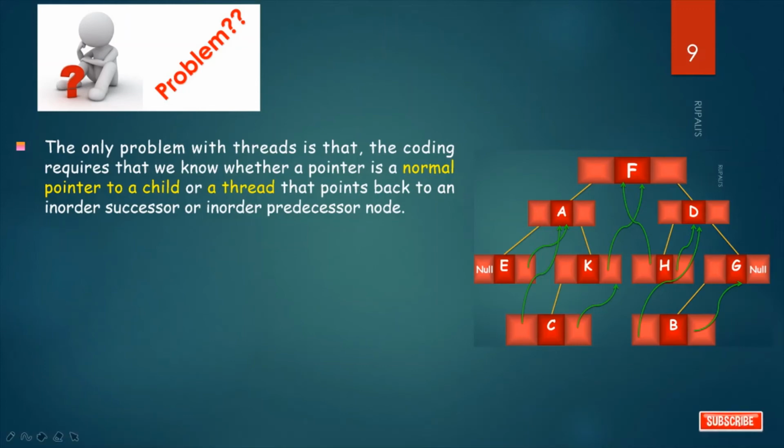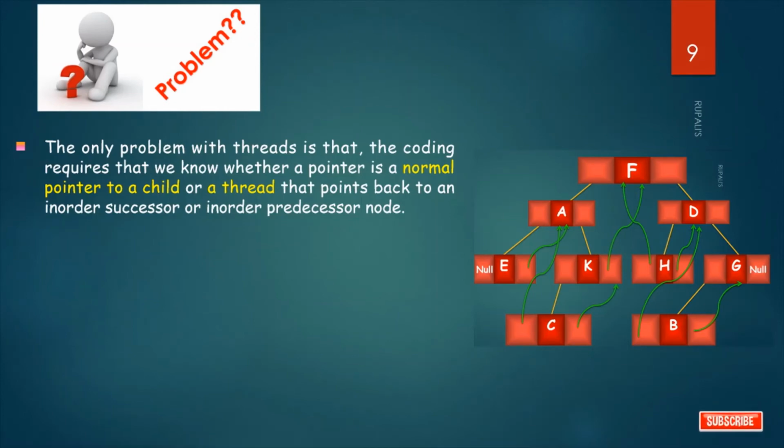See, in case of K, the left field holds the address of the left child and the right field holds the address of the in-order successor of K, that is the address of F. Now both fields hold an address, but how can we differentiate between them, whether it is a normal pointer to a child or a thread? So, how can we indicate whether the right pointer is a normal right pointer or a pointer to the in-order successor? So, this is the problem.